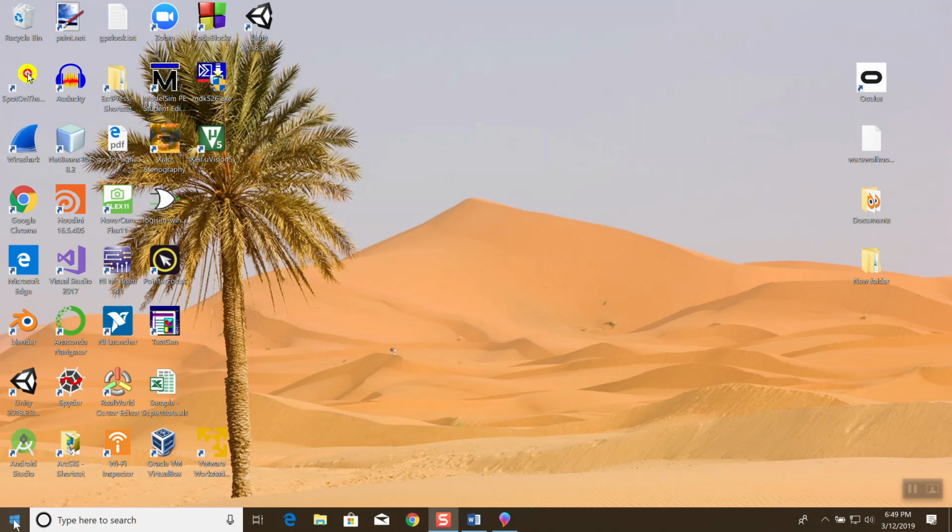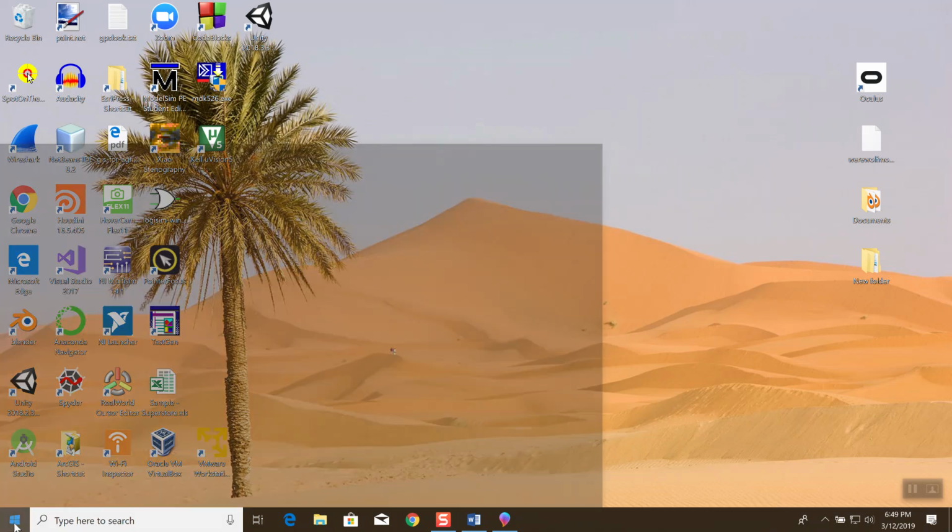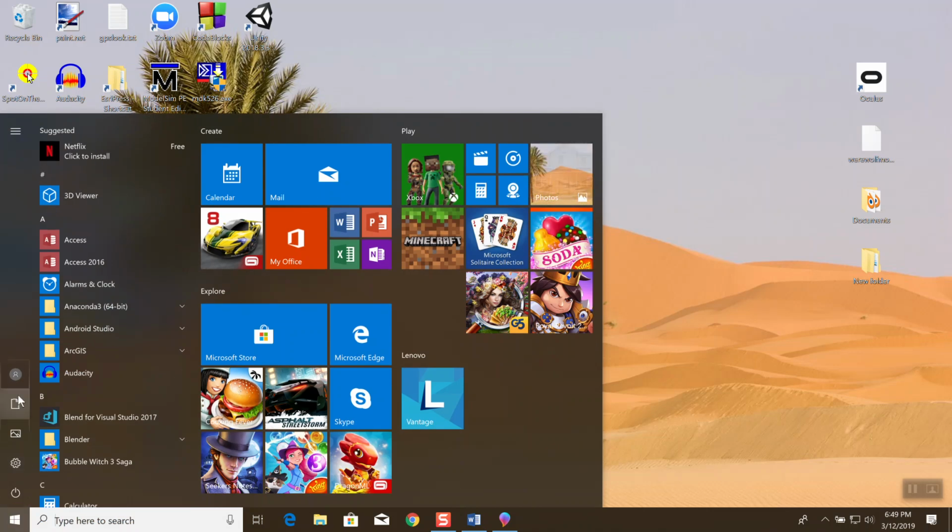Now over here on our Windows, if I click my Windows button again, you'll see different items over here. The power is, of course, how you shut it on and off. I won't show that. The one right above it is settings. The one right above that is pictures, then documents, and then Kali instructor. If I go into the settings right here,